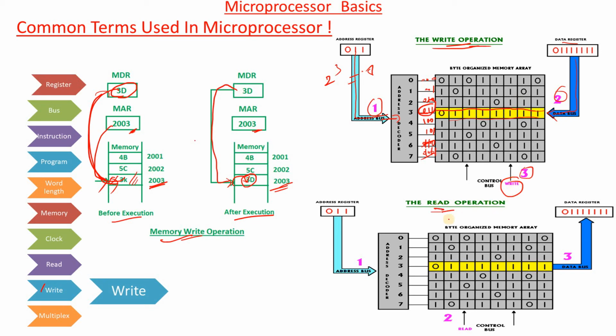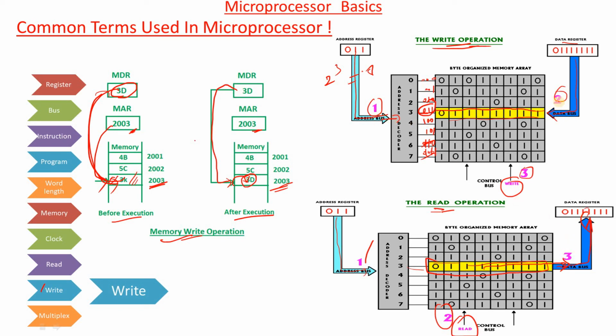So second case, read operation. In this case, same as before, generate some address with the help of address decoder. This particular location is highlighted. The data from this highlighted location is read and placed onto the data bus. This data bus will carry it and it is placed into the data register after receiving the read signal. So first generate address, second the read signal is generated, third is reading the data.